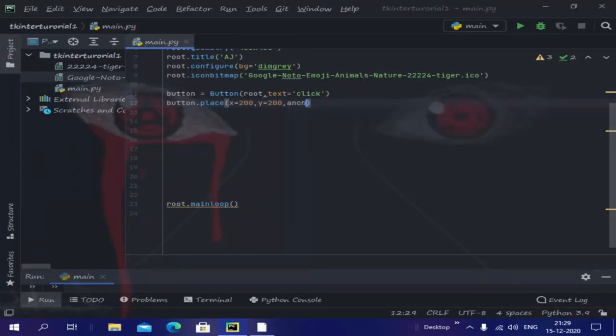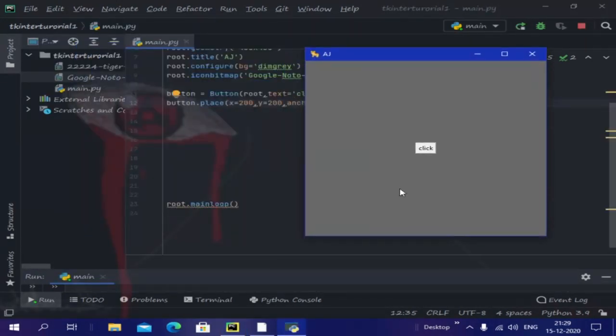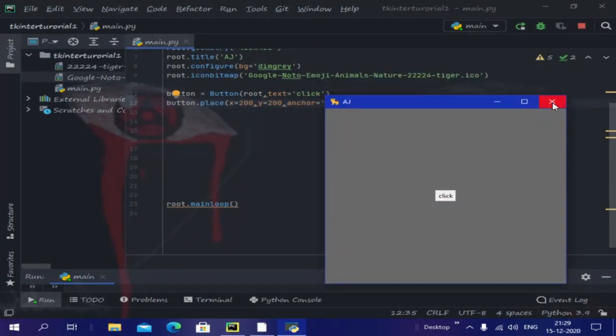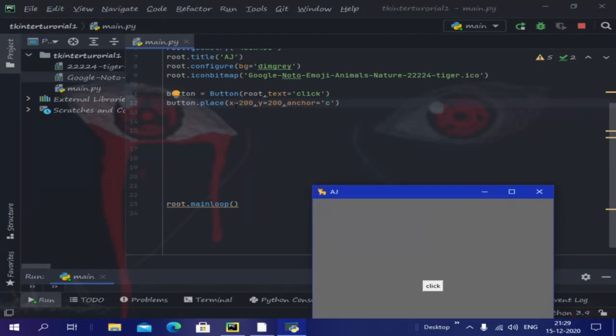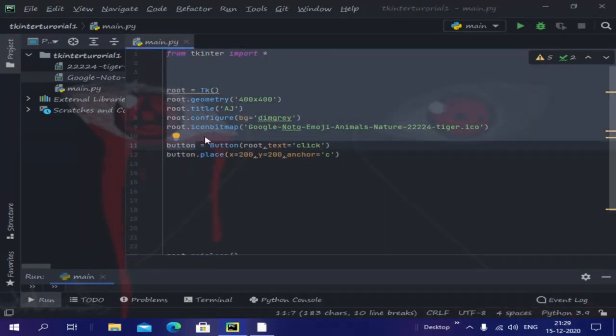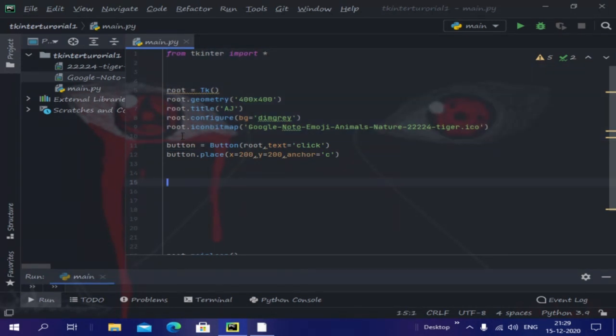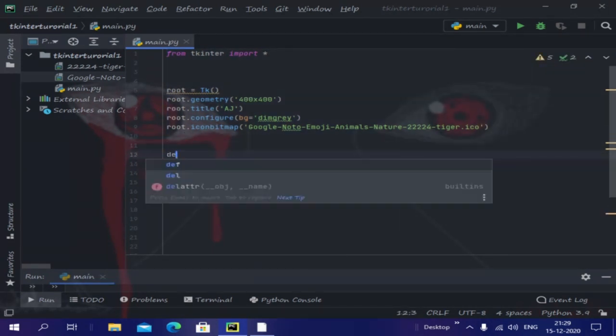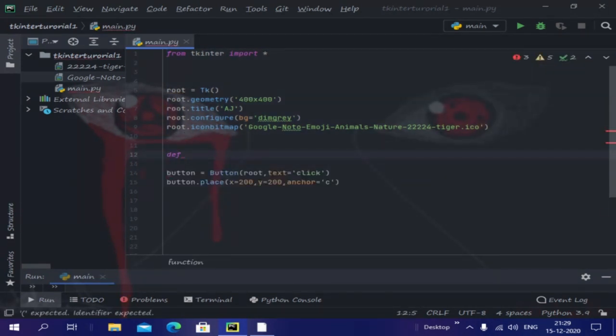Now let's run it. As you can see, we have a Click button out here, but it doesn't do anything because we haven't assigned anything for it to do. So let's assign it. For doing that, we need to create a function first. If you are familiar with Python, you know what a function is and you can simply create one. So let's name it button1